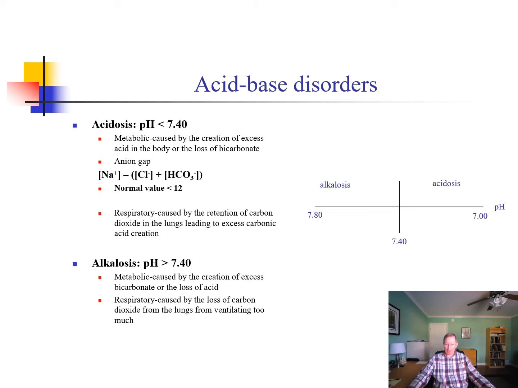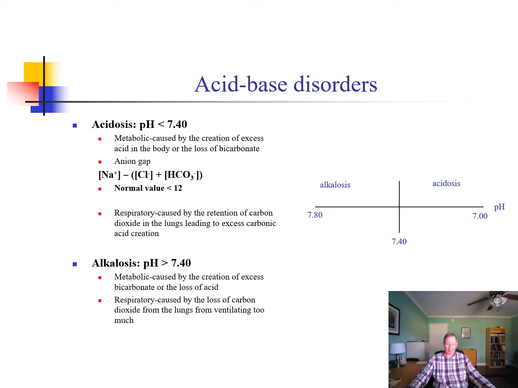And anytime I have a metabolic acidosis, I have one of two flavors of that. And those flavors are a high anion gap and a non-anion gap metabolic acidosis. That begs the question what an anion gap is, and I can calculate the anion gap by taking the difference between the concentration of the sodium in my blood and the sum of the chloride and bicarbonate. Now, I'm not accounting for all the ions. That's why this value is not set at 0. Depends on which resource you use, but most of them will use a value of 12 as being normal if it's less than 12. And anything that would be 12 or higher would be considered to be a high anion